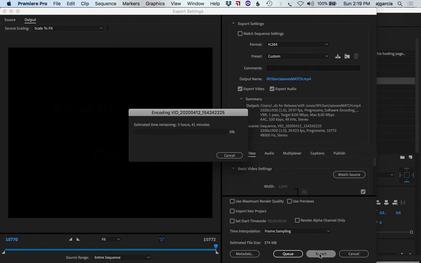Now, this is a 6-minute video. So it's going to start shrinking the amount of time that it takes to print it. And my guess is, if we were to stick around, it might end up taking about an hour and 10 minutes, maybe. And once we're done here, I'm going to shut off the QuickTime screen movie taking and the Audio Hijack audio taking, and that should speed it up too, because the computer will have more memory to allocate to this. So maybe it takes 2 hours and 19, but again, I'm pretty sure it's going to take about an hour and 10 minutes to render this resolution of the whole thing,